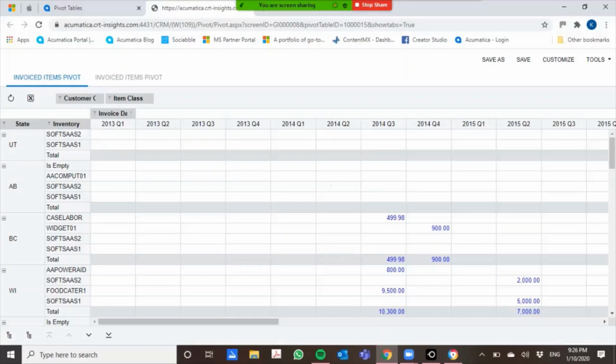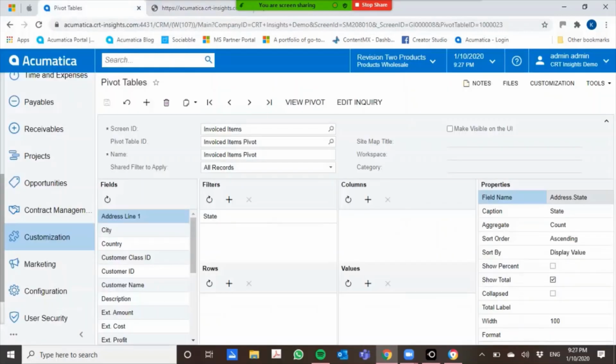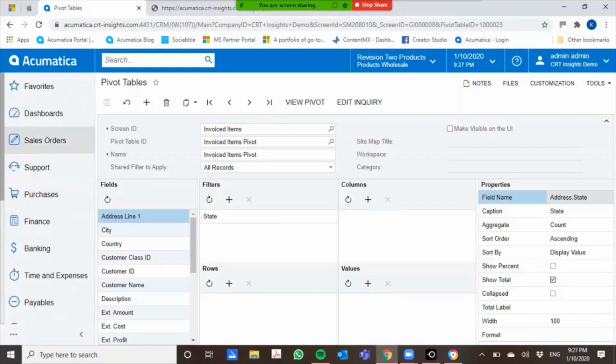So this shows you how easily you can just apply filters and really get the information that you want in the way you want it. All right, so one last trick up my sleeve is the customization of the menu so that you're able to see the items that you want to see easier and faster. So if I come back here and I go to sales orders,